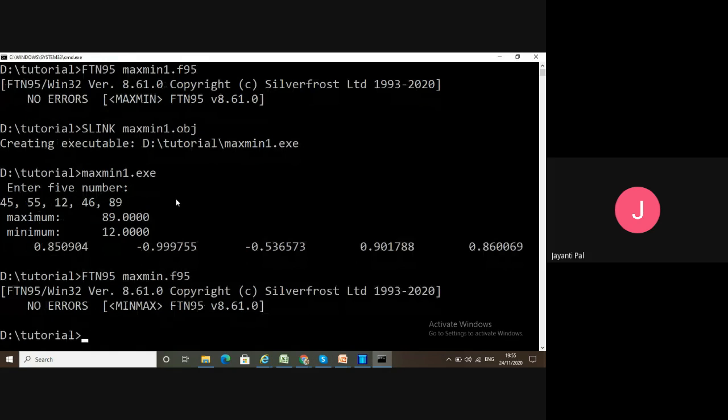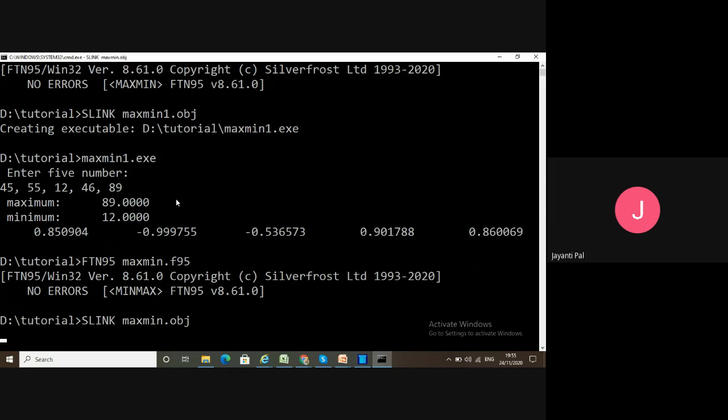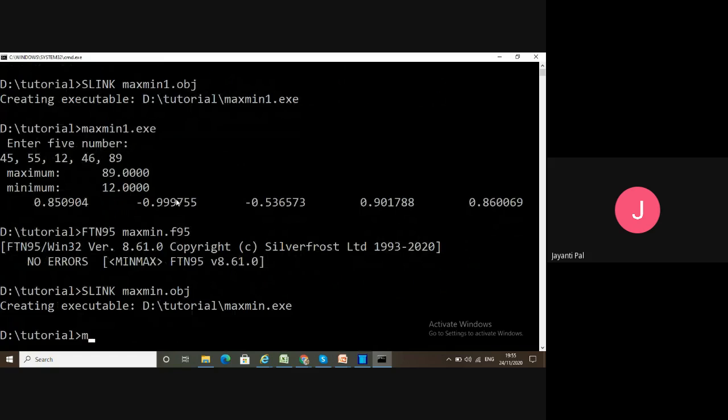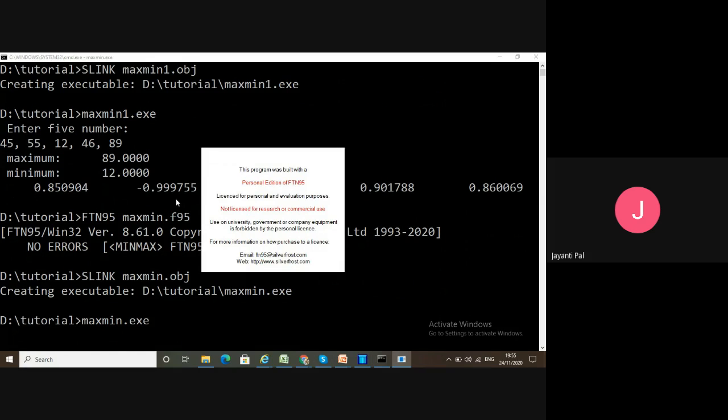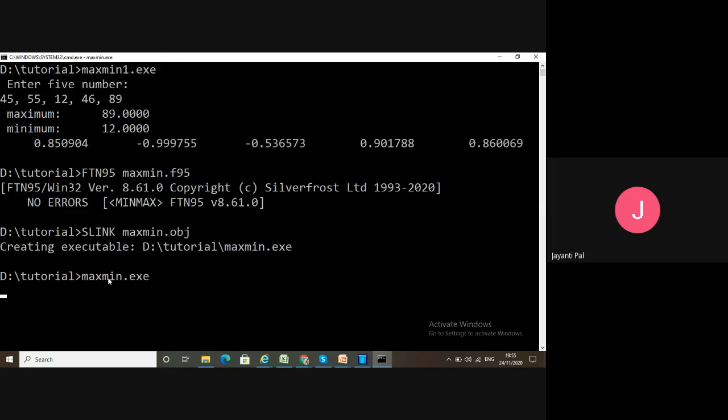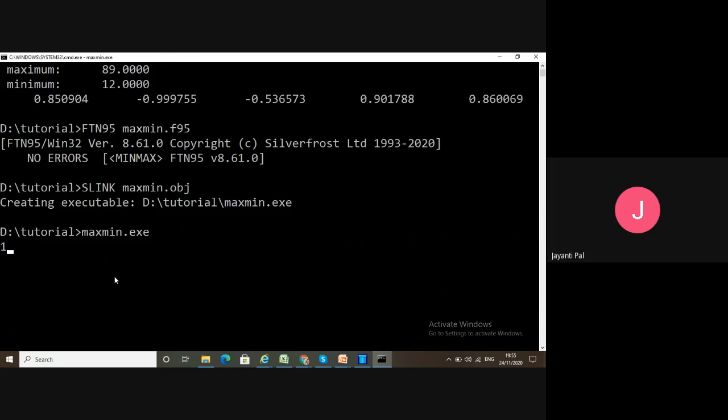Here I'm compiling this, and then I have... Now here I'm putting 15. It will show you 15 data items.